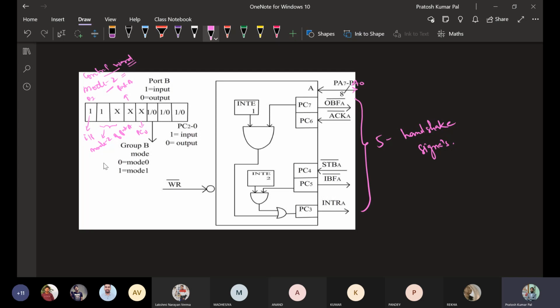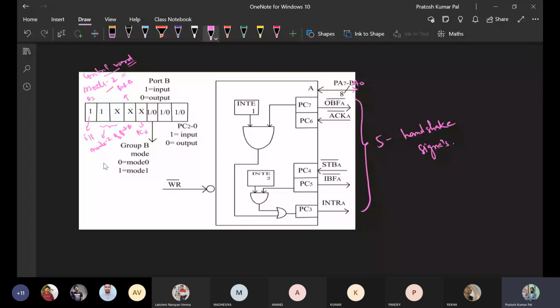It is a combination of the input operation and output operation signals. In input mode, the strobe signal and input buffer full are used, and if port A is working in output mode, then output buffer full and acknowledgement are the 2 handshake signals. So these 2 are for input mode and these 2 are for output mode, making 4 signals.